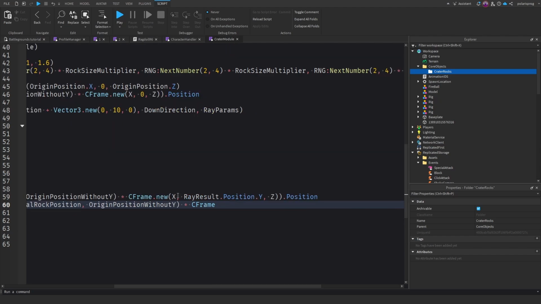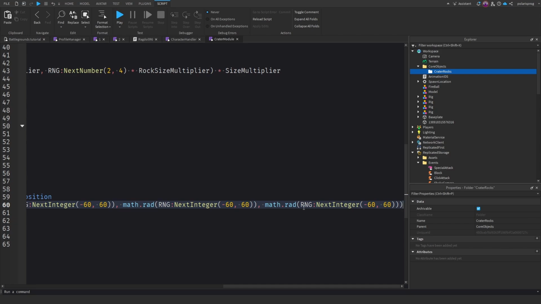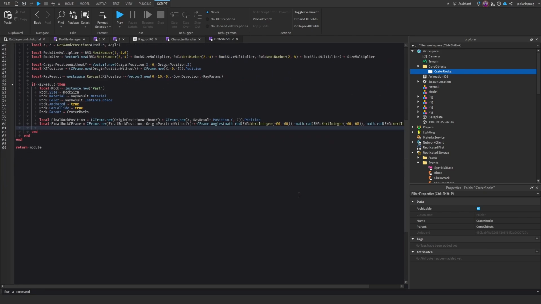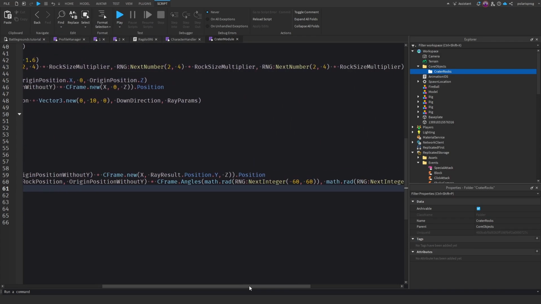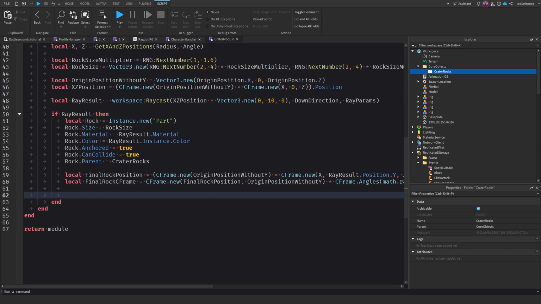and then we're going to multiply all that by CFrame.Angles and math.rad, and this is going to be pretty long to type. RNG colon NextInteger from minus 60 to 60. Now you just need to copy all of this, comma, do it here, and comma, and do it here, and it should look something like this. And yeah, okay. So now that we have the final rock CFrame, we can set the rock dot position to